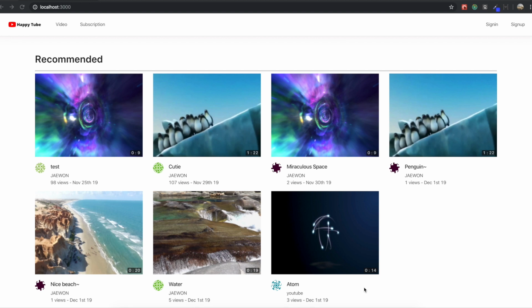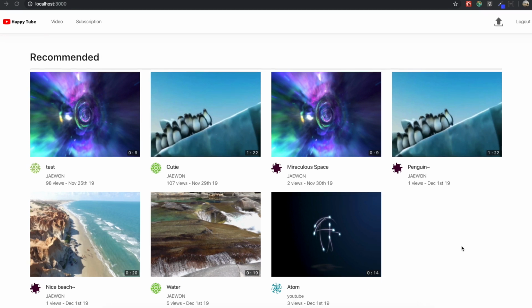In this section, we are going to make the entire layout by using the MERN boilerplate I've made. The reason why I use the MERN boilerplate is that if I make it from the very scratch, it will take too long to build the whole application, and I really want to focus more on the YouTube clone than just